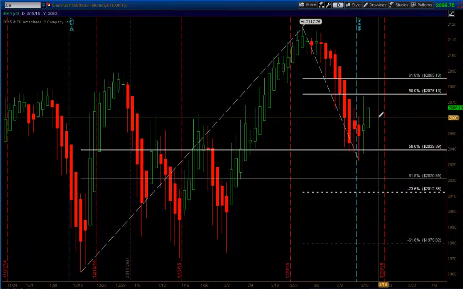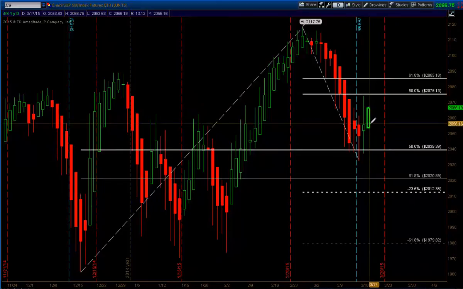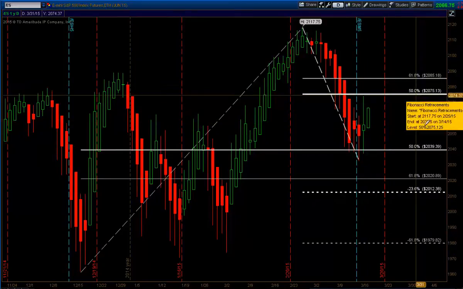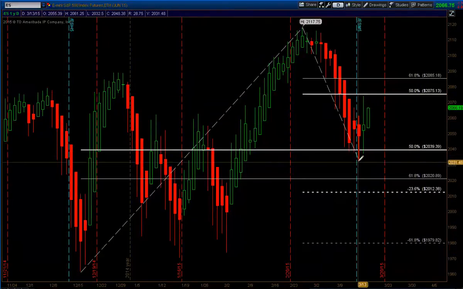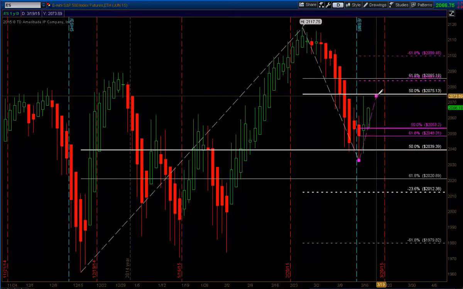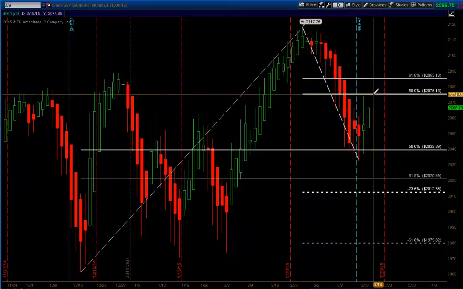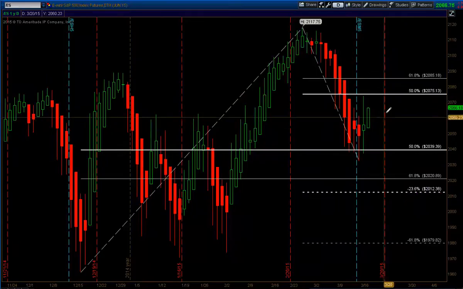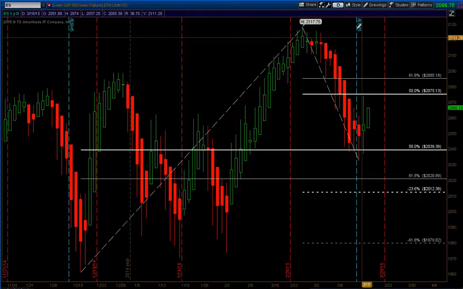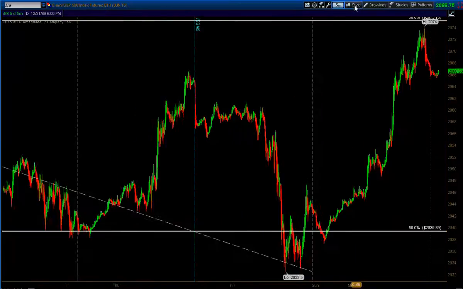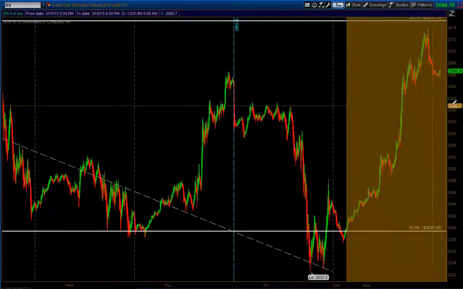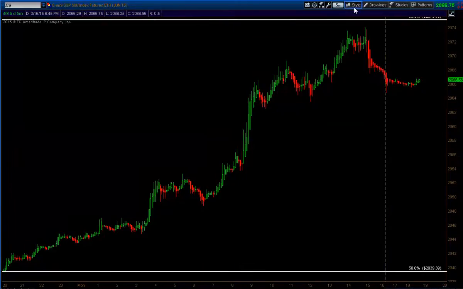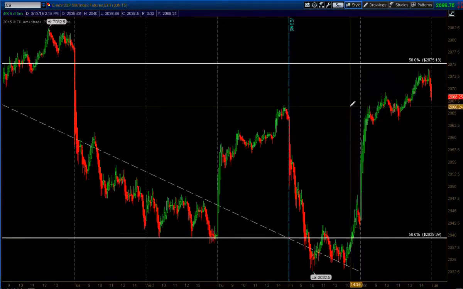So the actionable trades are shorts at 2075s and longs at 2040s. There is no retracement to be had right in the middle of the range, taking with a limit order. So that's an area to be of caution. If I go to today's chart on the 5-minute chart, I'm going to pull up just today's price action, and